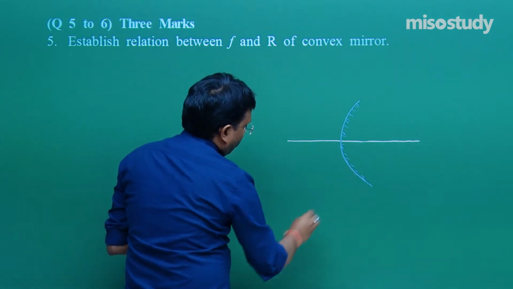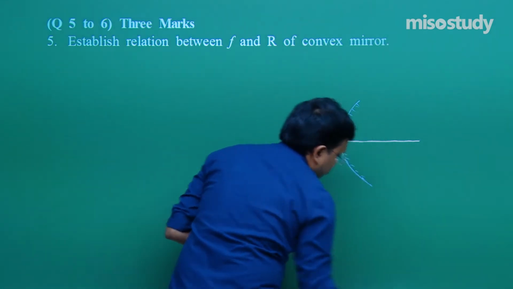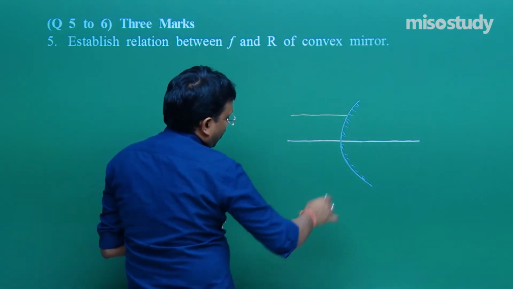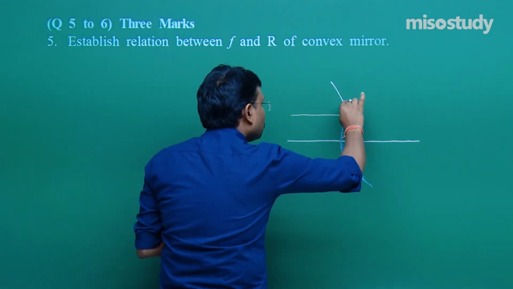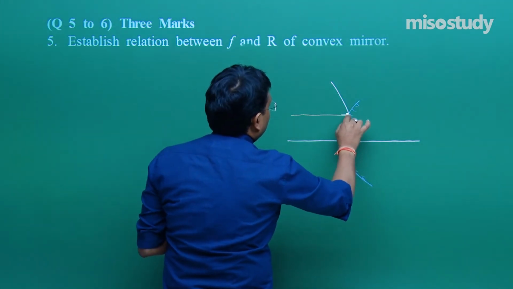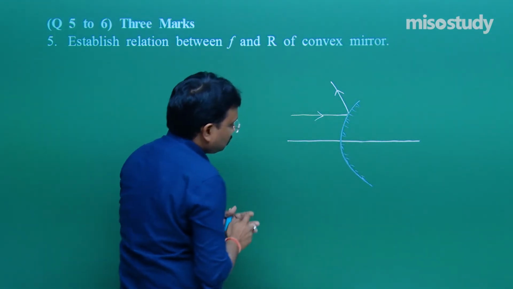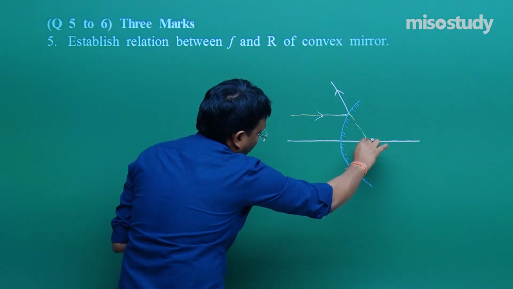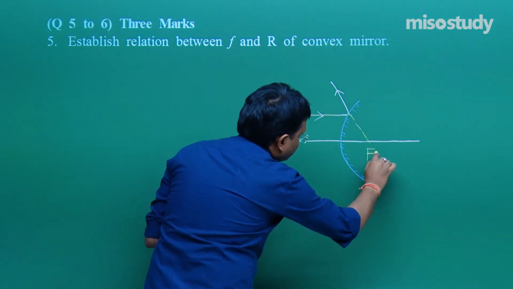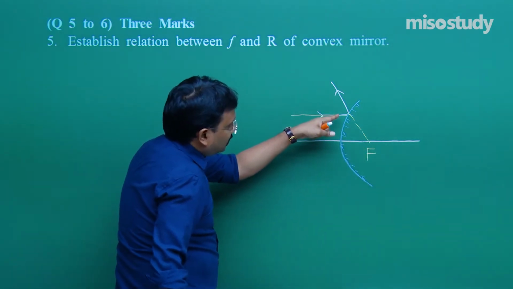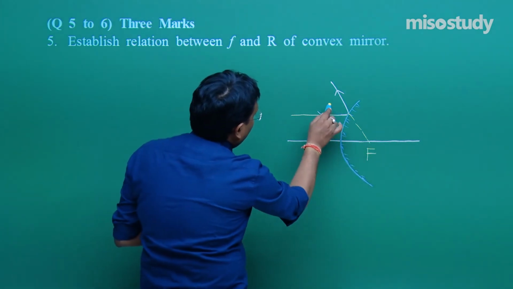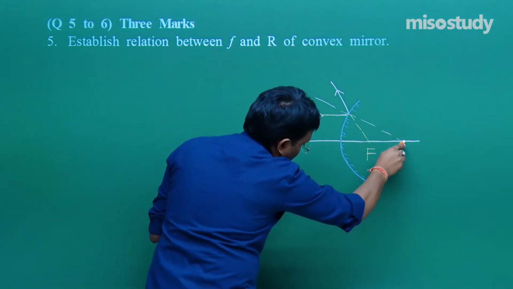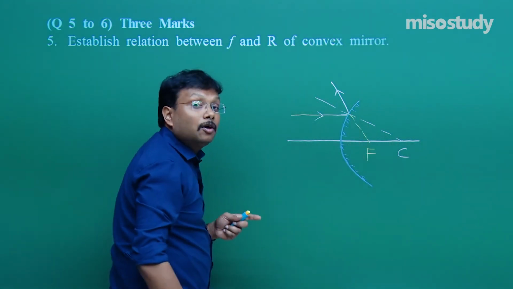Okay. Now from here a ray of light going like this, fine, and then, okay. Now from here let us say this ray is passing like this. So this one is F, the first focal point, and then what will happen? Try to draw a normal on this small portion, like this, and it will pass through C, the center of curvature.